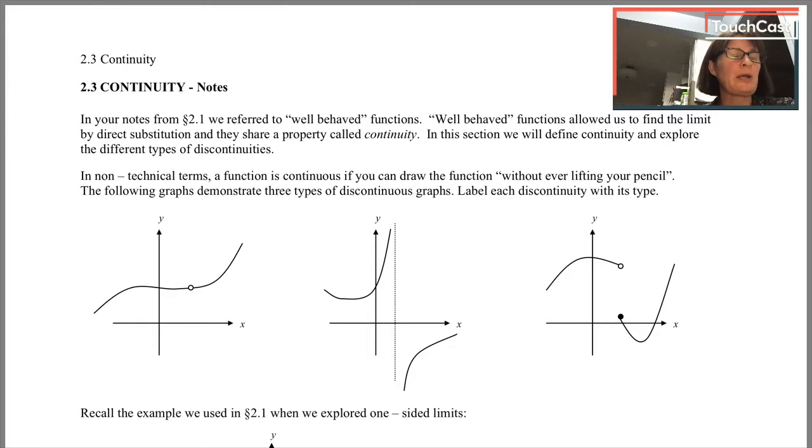We said earlier some functions are very well behaved, and for a function to be well behaved, it definitely has to have this property of continuity. If I was going to explain it informally, I would say that a function is continuous at any place where you can draw the function without picking up your pencil. So notice that